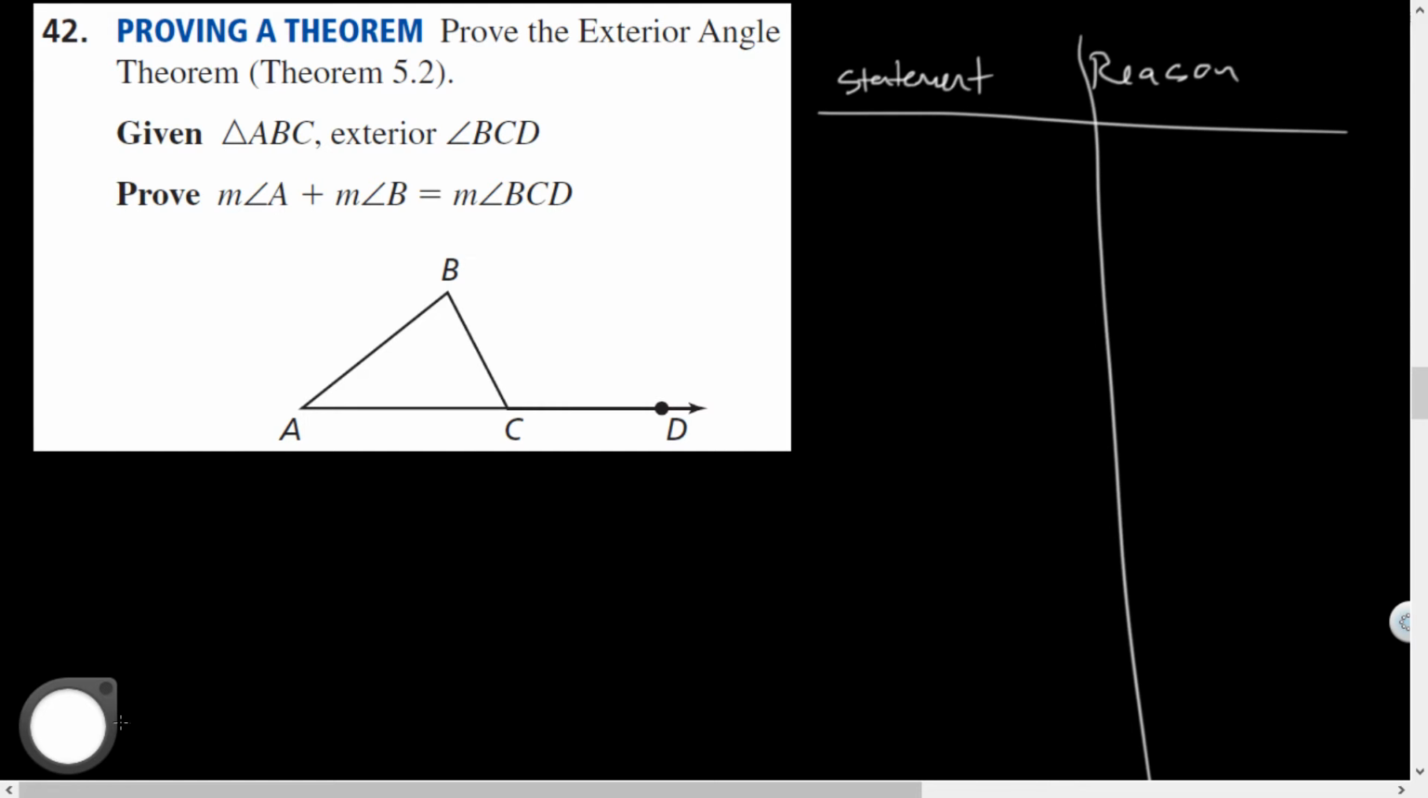Statement and reason. There we go. All right, so we would have our given information. Triangle ABC exists, and angle BCD exists as such. Right? Those are given. Here, let's stop making unnecessary noise pollution there, Malik. Thank you. So let's see. Let's do some proving. We got our given. Triangle sum theorem we know. So for the triangle sum theorem, I would say that the sum of the interior angles